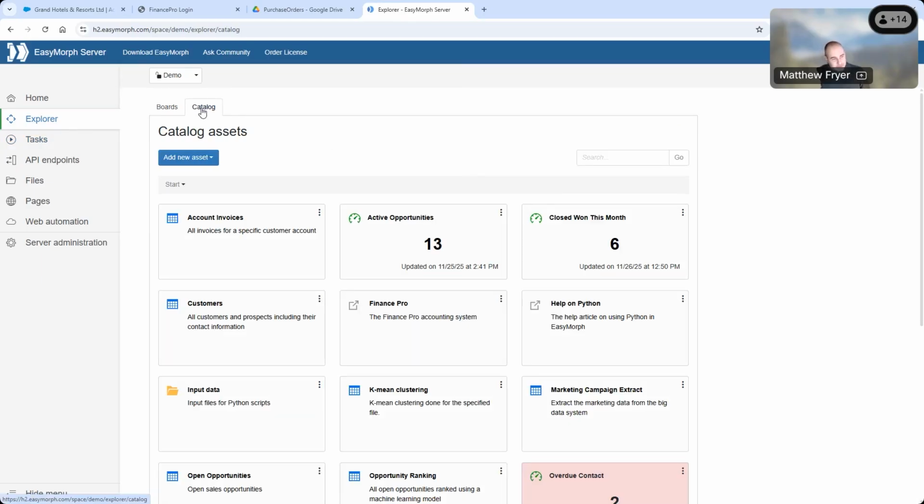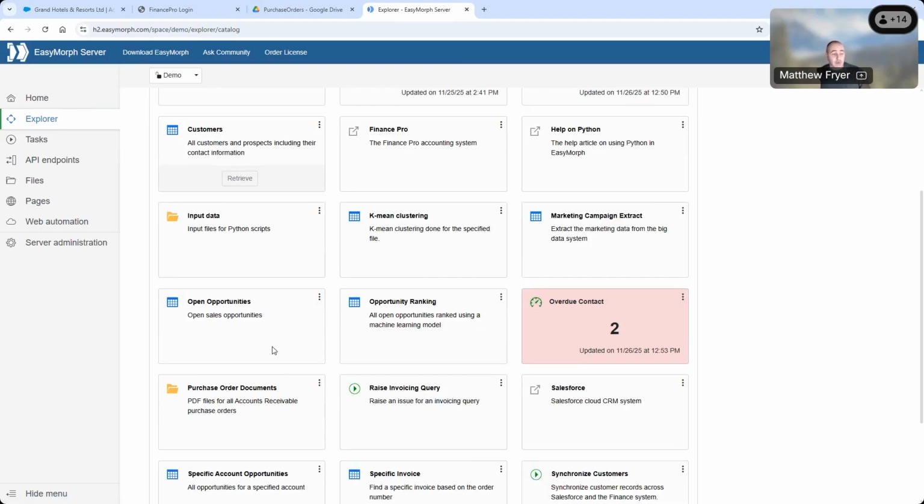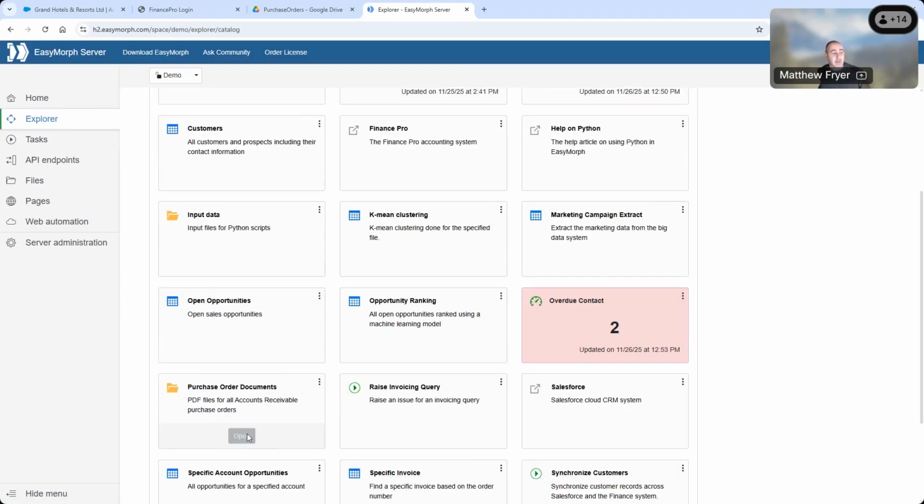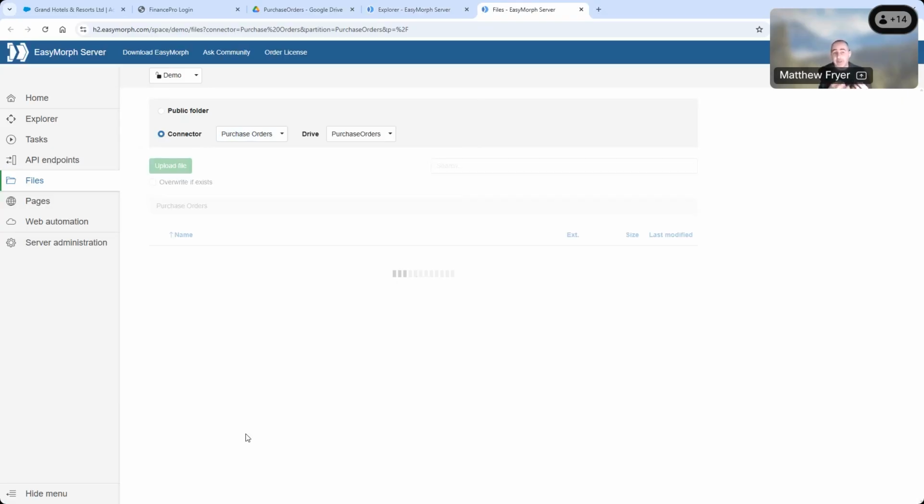First, I'll take a brief look at the catalog, as we covered in the previous webinar, which you can go back and watch the rerun of if you want to see more. But the catalog allows me to add assets, and those assets can be both data, but they can also be other associated information as well. So I have assets for all of those critical sets of information within those different systems. I've got assets for my customers, for my invoices, for my opportunities. I've also got a link to our purchase order documents as well,